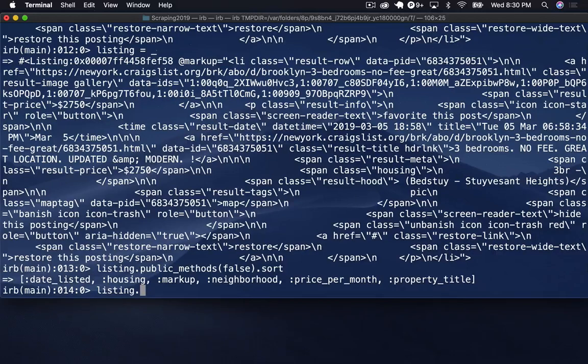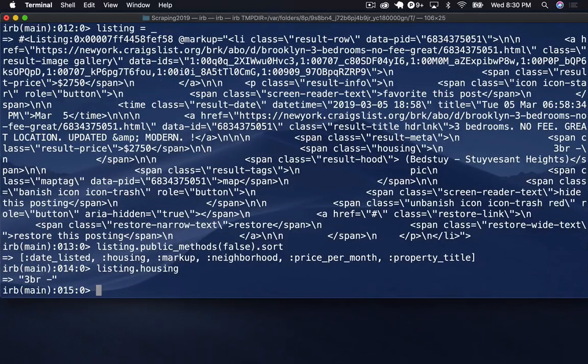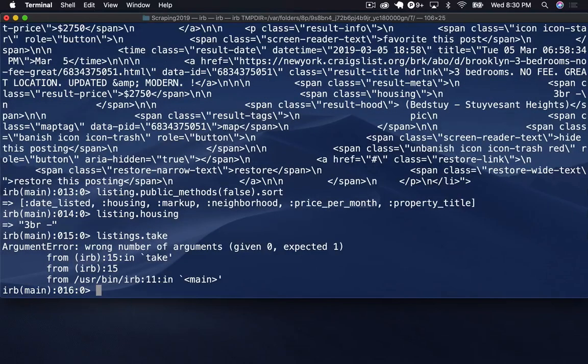So the first one really is just a random one. Let's look at a handful of them. Let's say listings dot each. I wonder if there's like dot take. I don't think that's okay. Yeah, take 10. So that should give me a